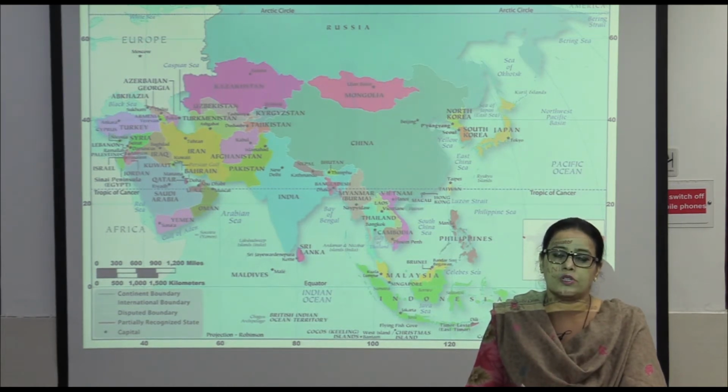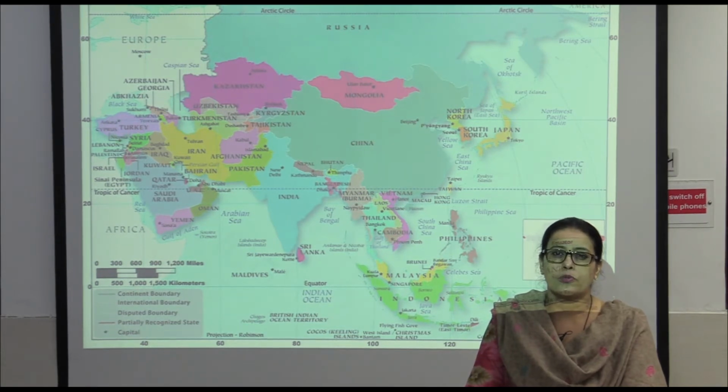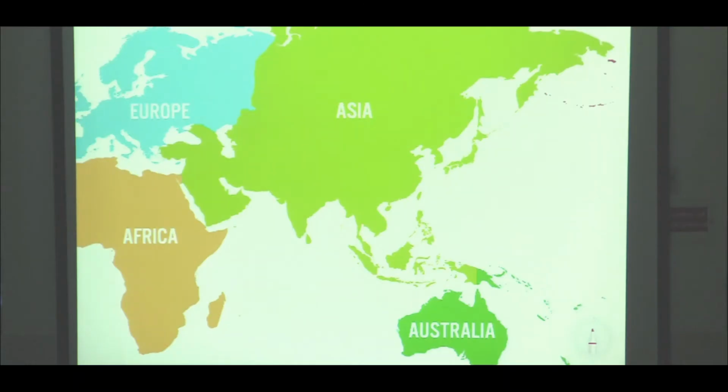ideally speaking the continent of Asia extends from 10 degrees south up to 80 degrees north latitude. And in both perspectives, we need to understand the climatic, physiographic and other characteristics. So without wasting much time, let us get started with our study of the continent of Asia. So yes, beginning with the map of Asia.